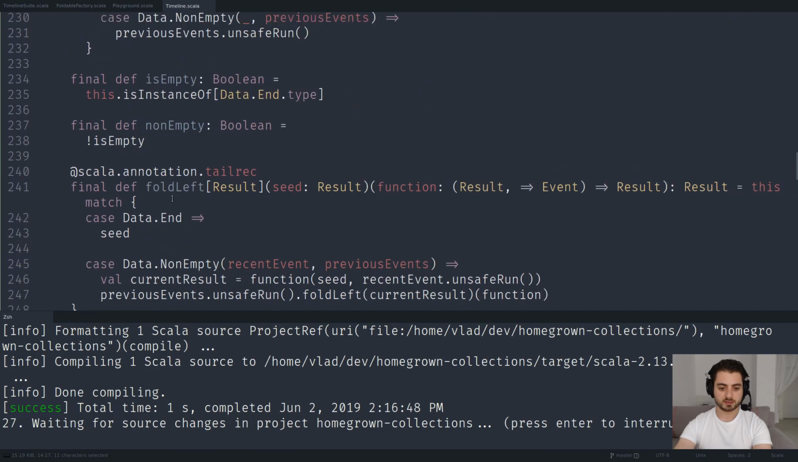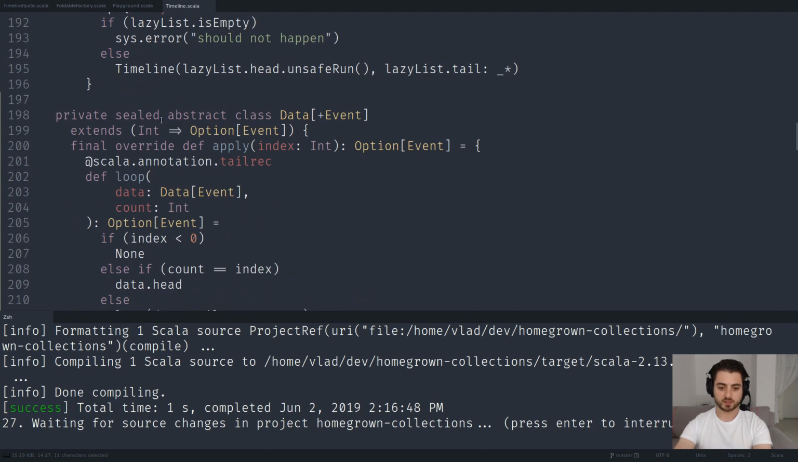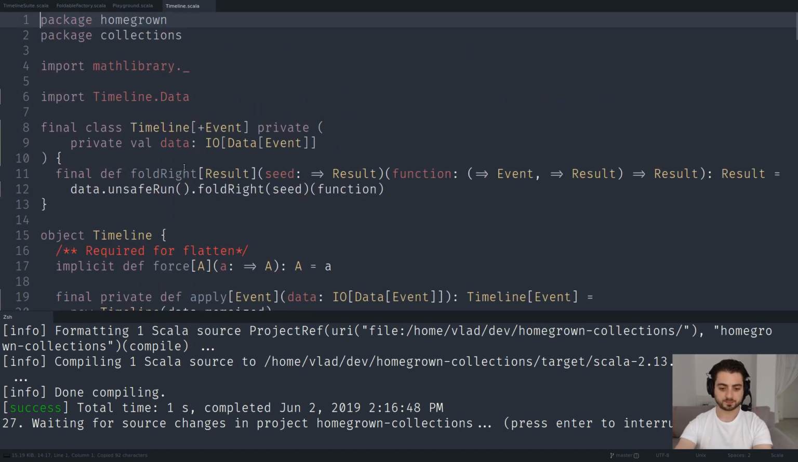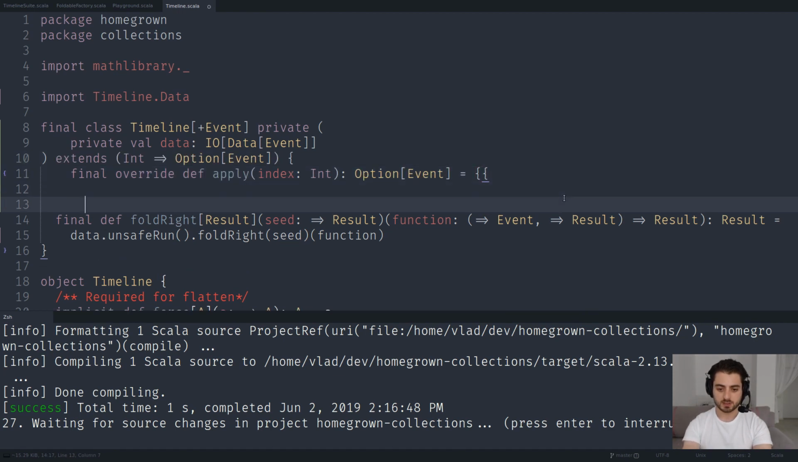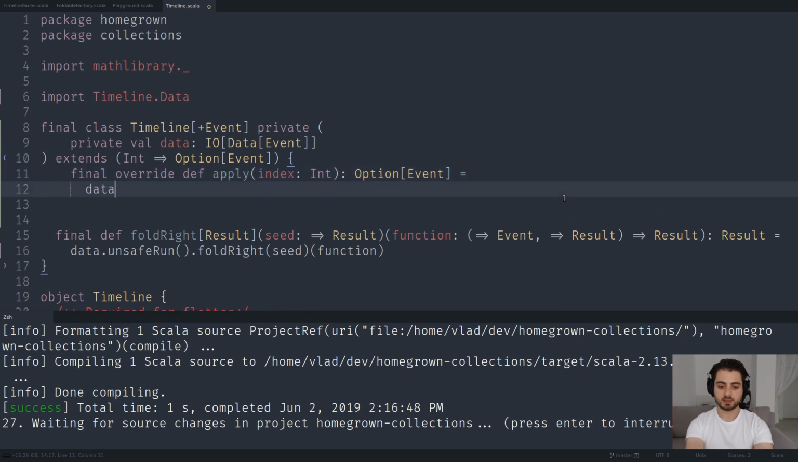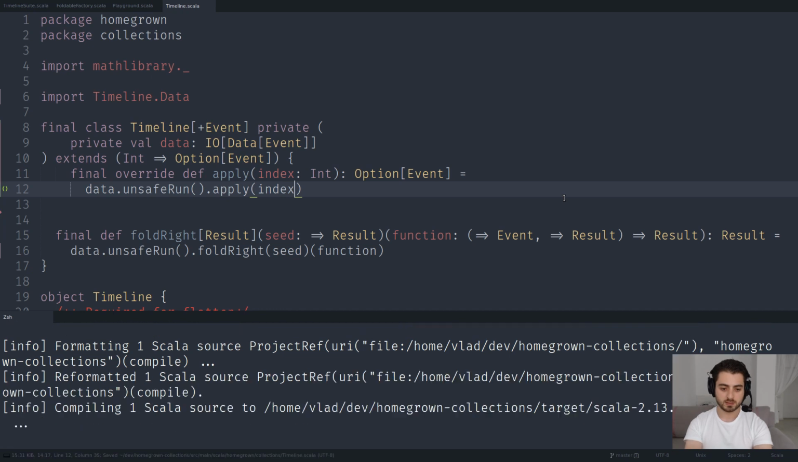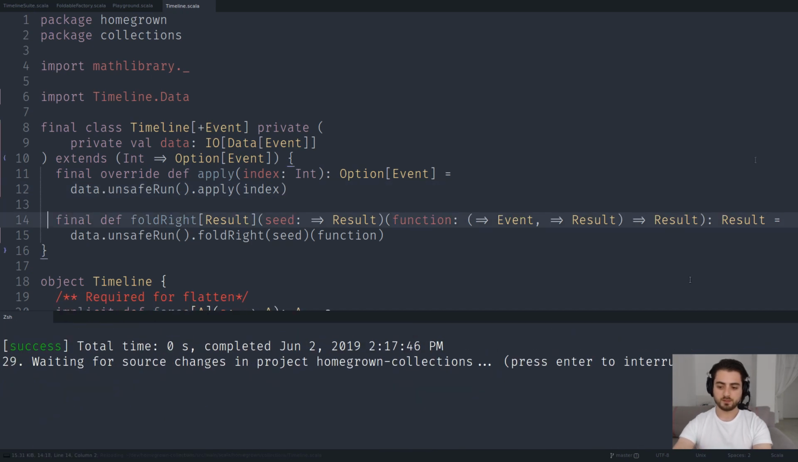So we have Data. Okay, so let's start with this thing. Let's do that like this. Let's go up. Let's paste it over here, like this and like that. And all right, that's here, that's here, that's here. So what we're going to do is just say data.unsafeRun.apply(index). Let's see. Yep, cool. Now we already have foldRight, so why don't we just go and grab the foldLeft,